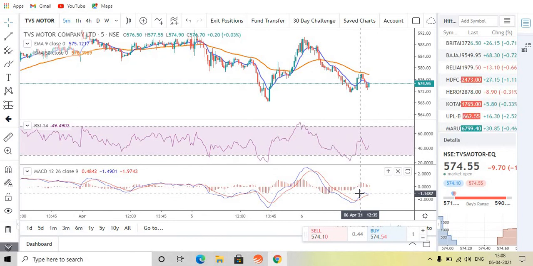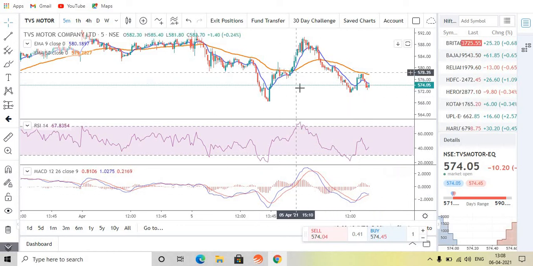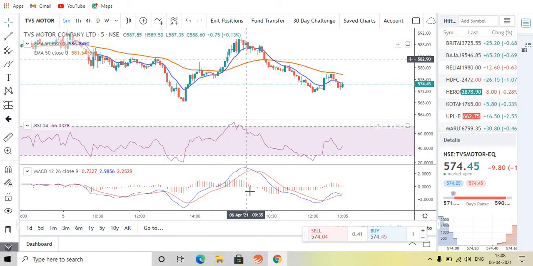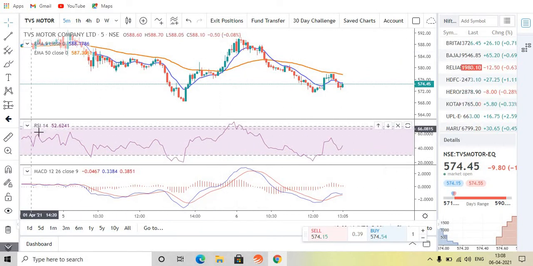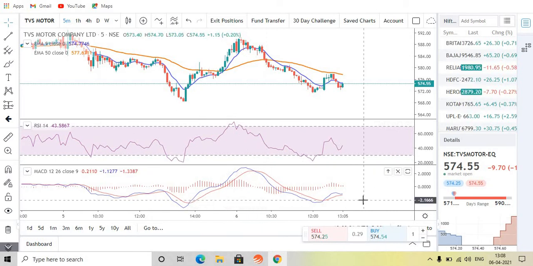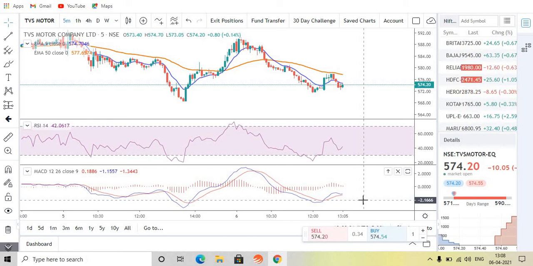So please kindly restrict to 2 or 3 indicators or a maximum of 5 indicators. If you see here, I am using 5 indicators here, 2 moving average lines, 1 RSI and 1 MACD. So not even 5, I am using only 4 indicators. So this is more than enough to do the trading. How we are going to do the trading, and how we are going to enter a trade, that's something we are going to watch in the next video.